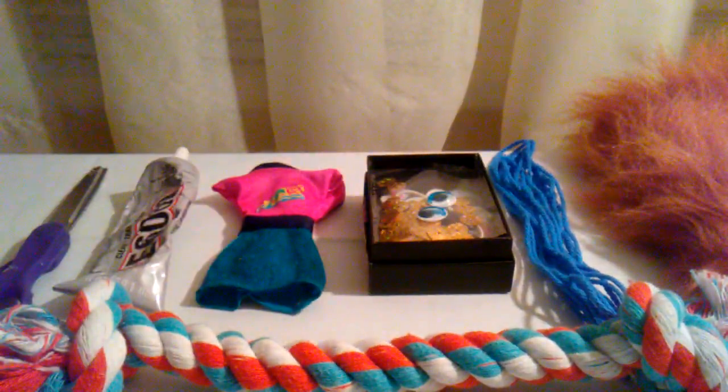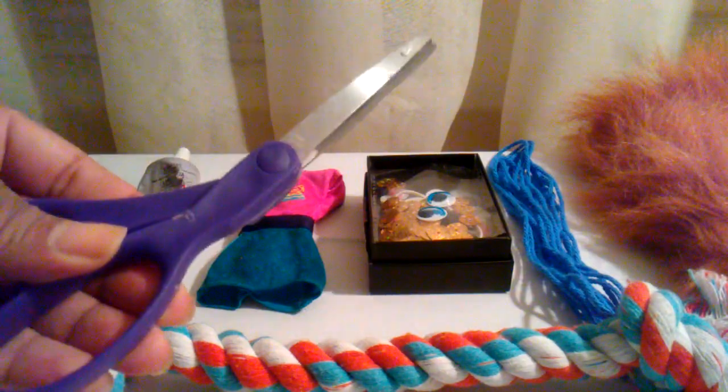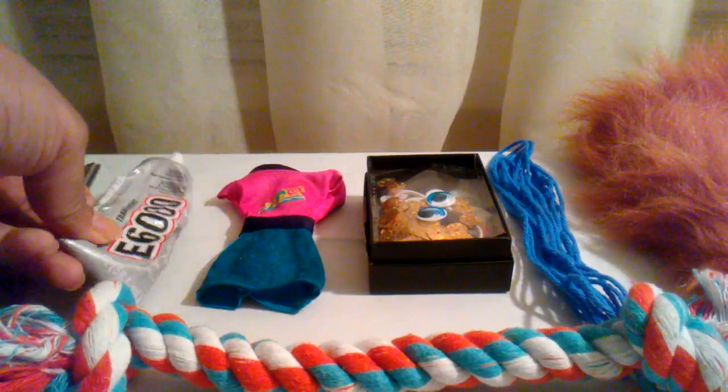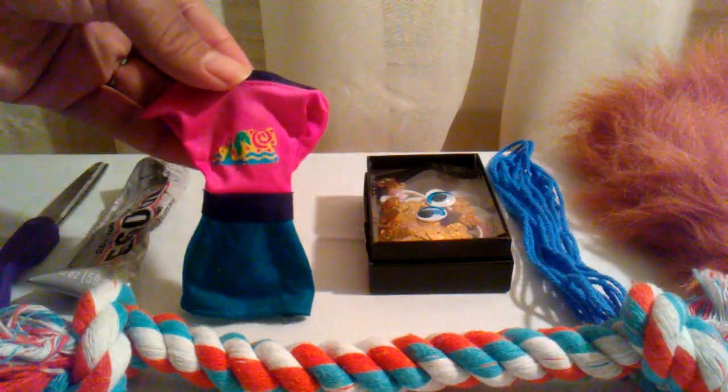Alright, these are the supplies that you are going to need for this project. You're going to need scissors, E6000 glue, a Barbie doll outfit which I'm going to explain later on, googly eyes,